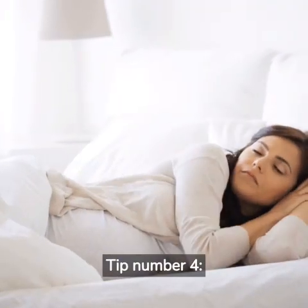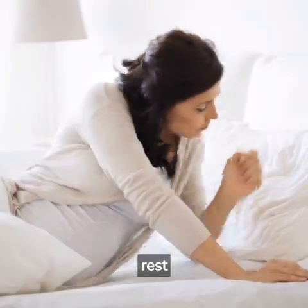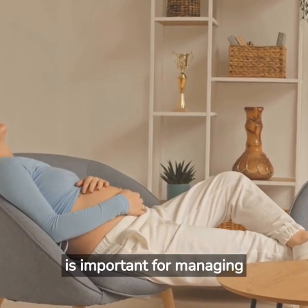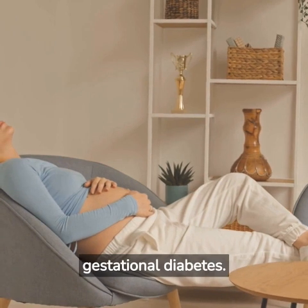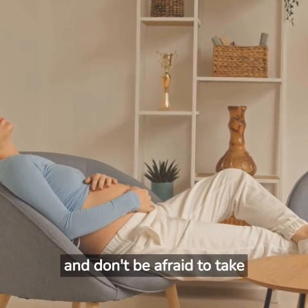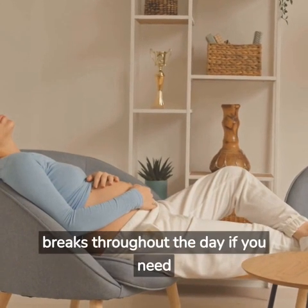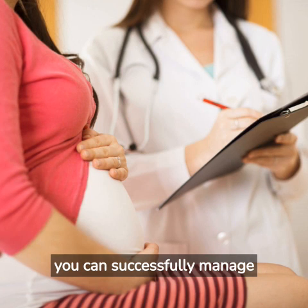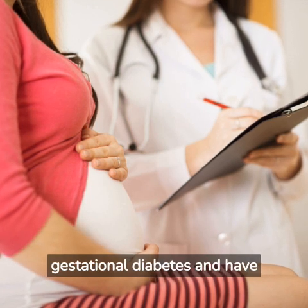Tip number 4. Get plenty of rest. Pregnancy can be exhausting, and getting plenty of rest is important for managing gestational diabetes. Aim for 7 to 9 hours of sleep each night, and don't be afraid to take breaks throughout the day if you need them. With these tips and tricks, you can successfully manage gestational diabetes and have a healthy pregnancy